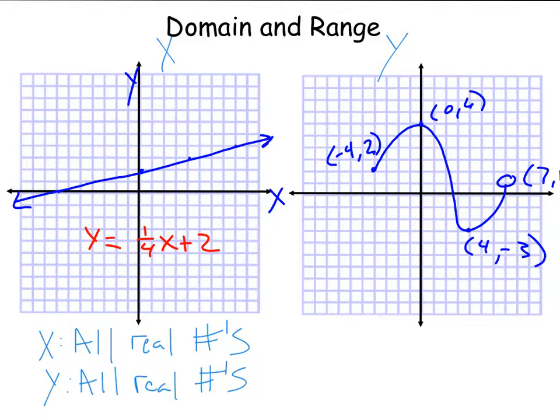Okay. Now we have a curve over here on the right. Looks like it could maybe be part of a cubic graph, perhaps. Hard to tell. It doesn't have the arrows, and it's got these stopping points to the left and to the right, and up and down. A lot of the functions that we work with, particularly in application settings, will have some kind of restriction on their domain. And if there's a restriction on the range, and you'll see this all throughout the problems we do with graphing,